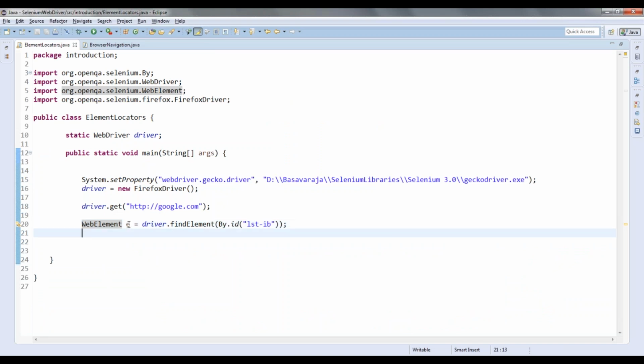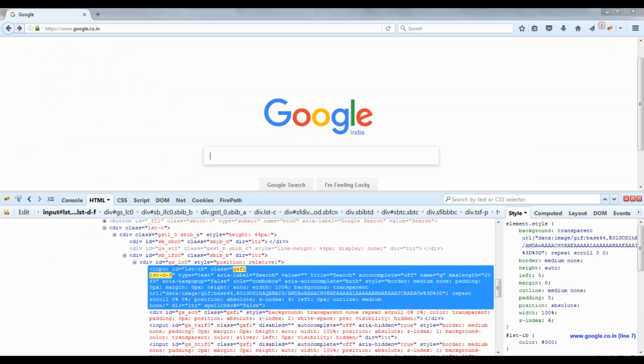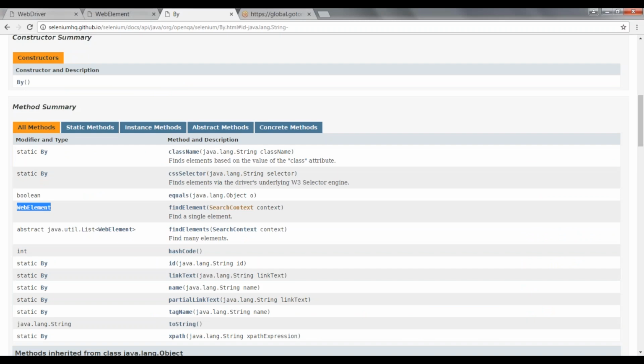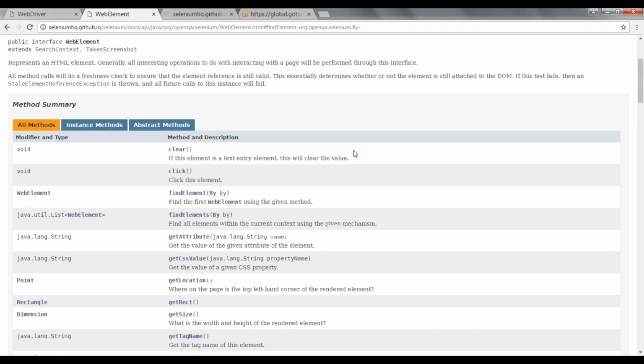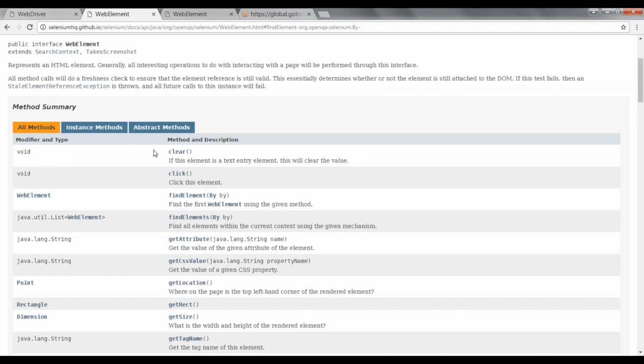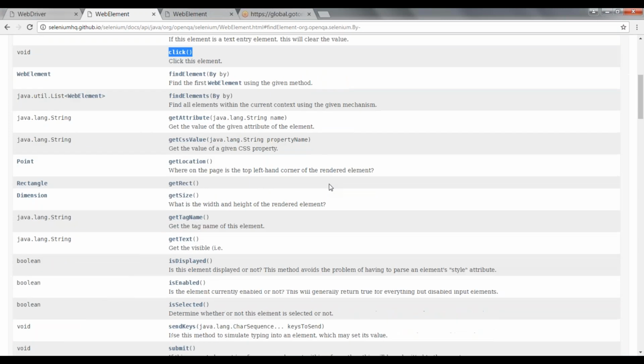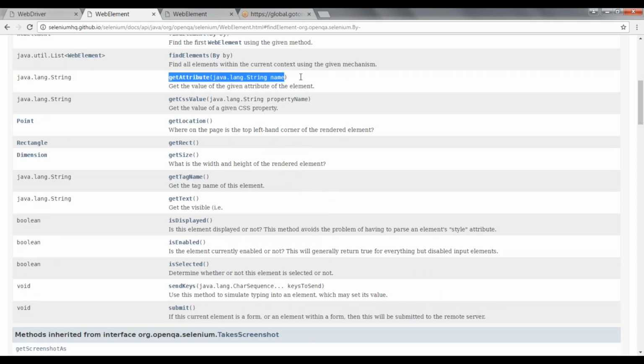Once you get this element, you should perform some operations on these elements. If you go here, you can see there are different methods available to perform the operation. One is clear, another one is click, another one is getAttribute, to get the value of the given attribute of the element. getCssValue gets the CSS property, CSS in the sense cascading style sheets in HTML.